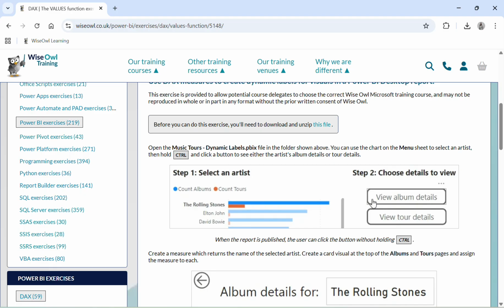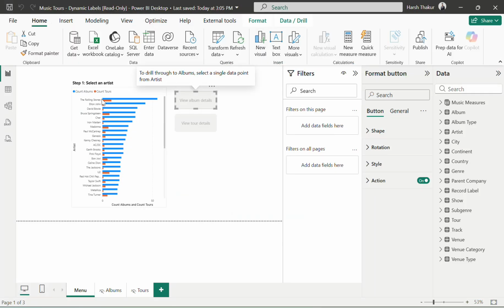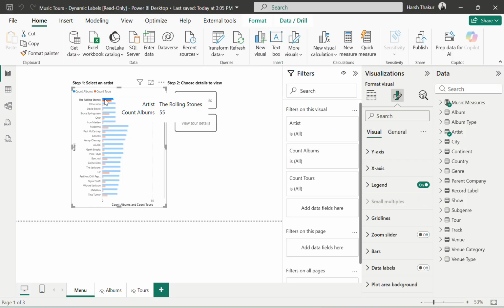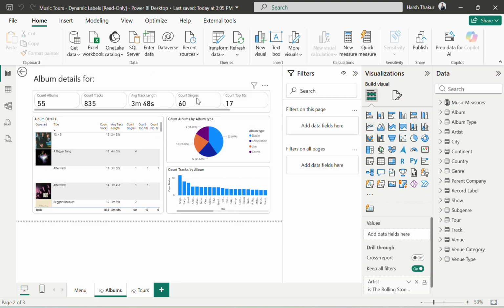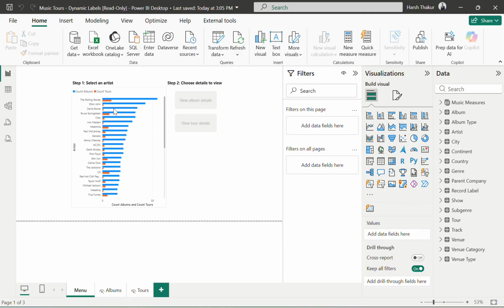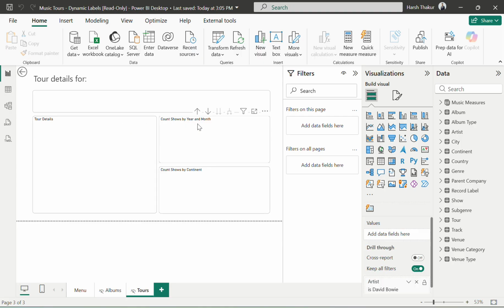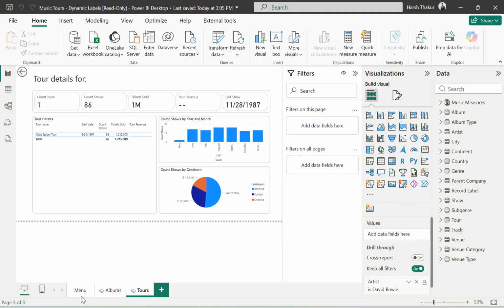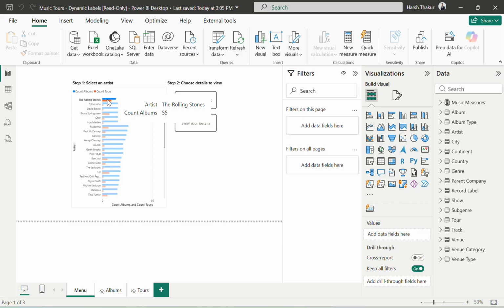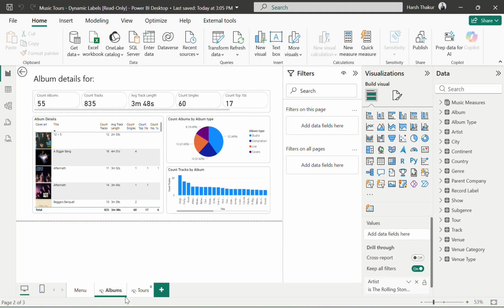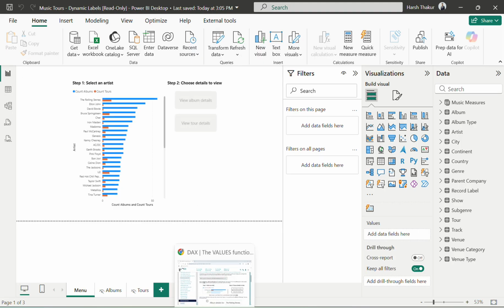You can use the chart on the menu sheet. So if I click here, oh, see, this is how it's working. That's nice, too much nice. Okay,